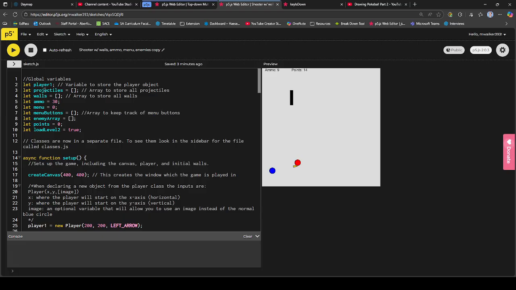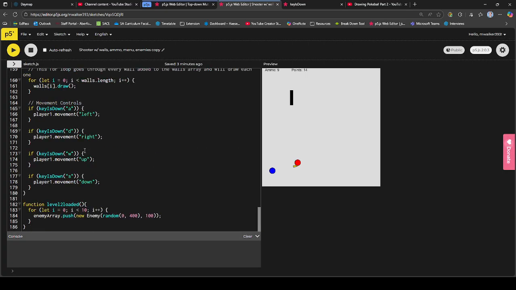be in the walls array, okay? And we need to go through and delete them. So when we're loading level 2, what we're going to do is we're going to use a for loop, okay? Because we need to go through an array, and that means we need to go over everything that's in the array, okay? So we're going to do a for loop, which you should have done a few times before by